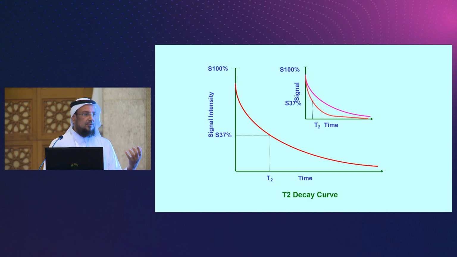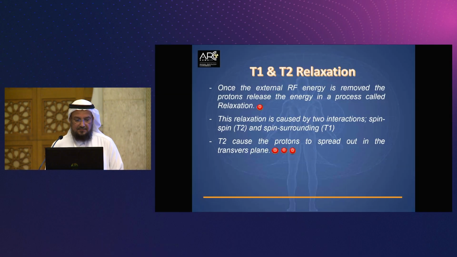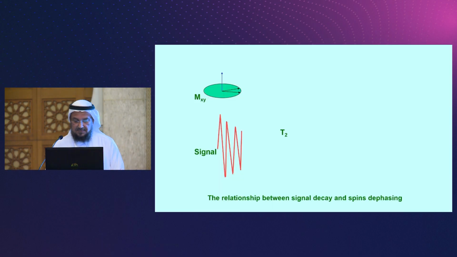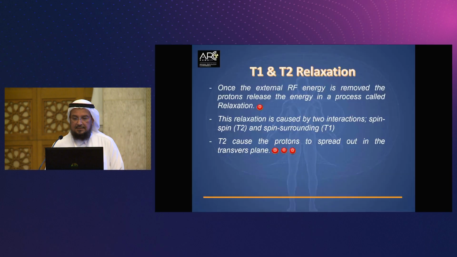The computer will only understand values, so I cannot give a curve to the computer. We have to translate this to values, so we agreed to describe this by a constant. So we say the constant of decay is the T2 value. So as I said, different tissues have different relaxation times, and